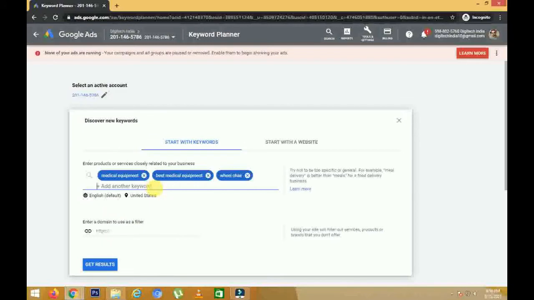For example, if I've entered just 3 over here, then first of all I'll check the language, if the language is English, and the country where I want to target, because whatever country I choose, it will show me the statistics of that country, the searches and the CPC and all the data around that country. So make sure to choose the country that you want to target, whether it is for SEO or PPC, and then click on Get results.